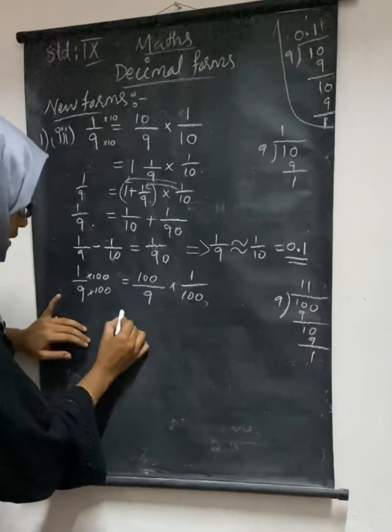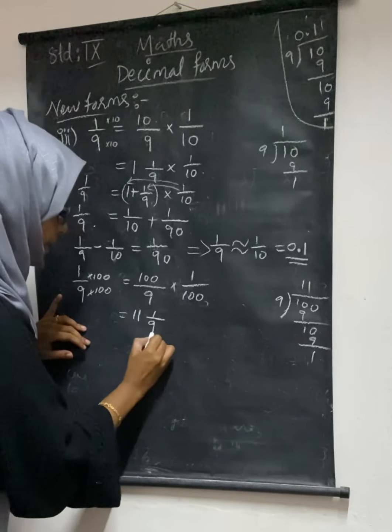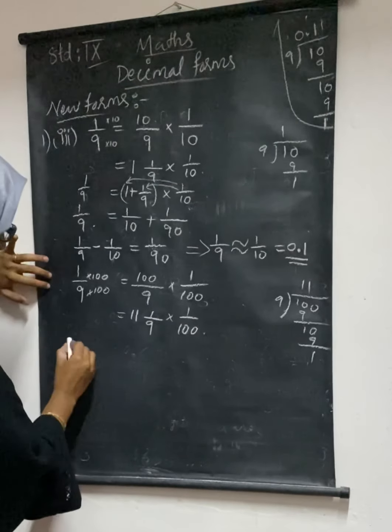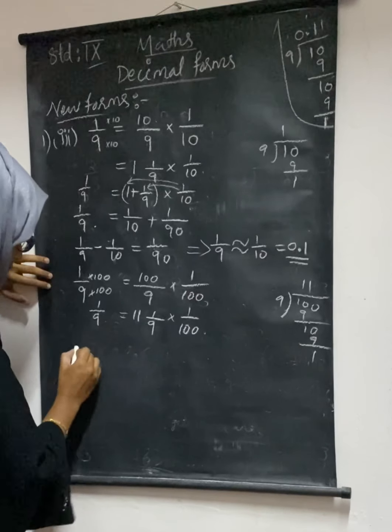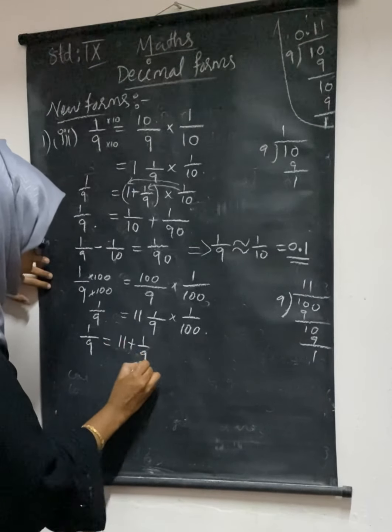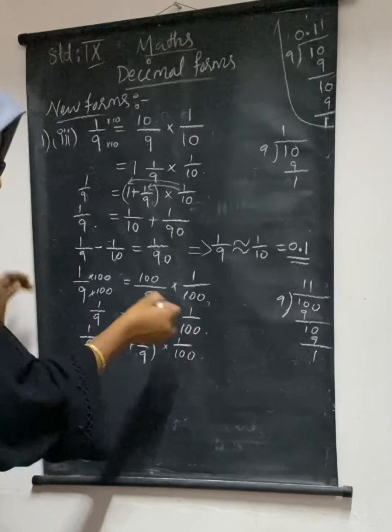So when you write as a mixed fraction, 11 and 1 by 9 into 1 by 100. 1 by 9 is equal to 11 plus 1 by 9 into 1 by 100, so that when you multiply inside,